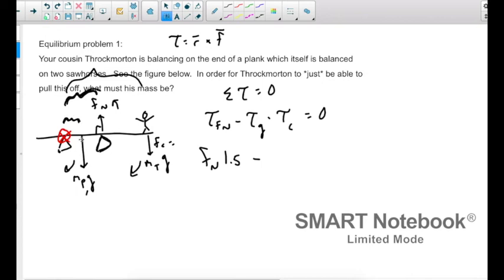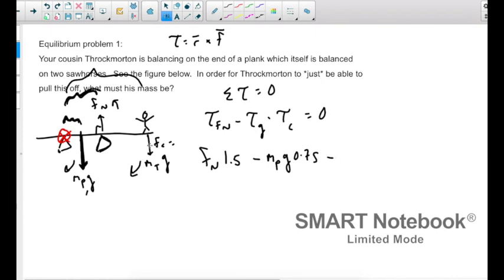That's going to be right here. So that looks like the mass of the plank times little g times this distance. Do you guys remember how far that was? Well, the sawhorses are 1.5 meters apart, and they're symmetrical about the center of the plank, and gravity pretty much acts at the center of the plank. So this distance right here was 0.75